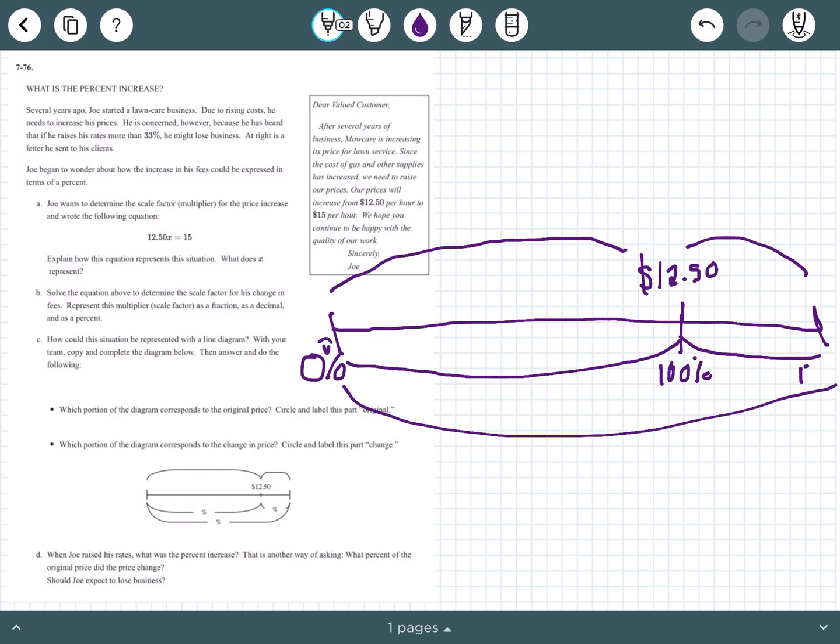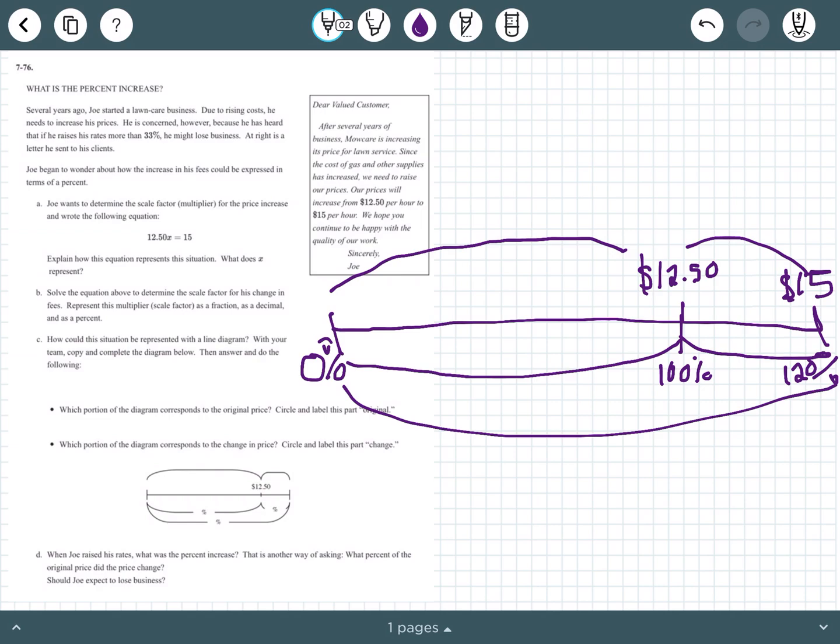This at the very end would be 120%. I need to make sure I give myself room here. And we talked about how 120% represents our $15. So now